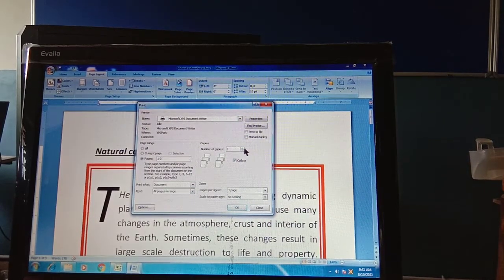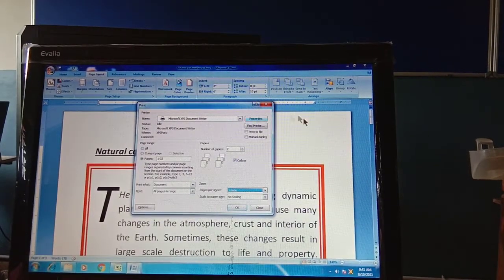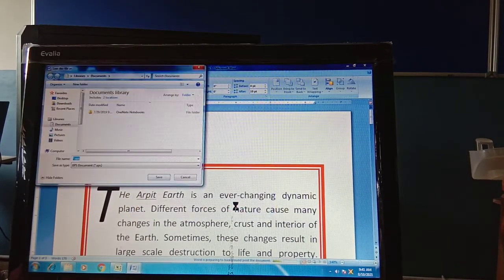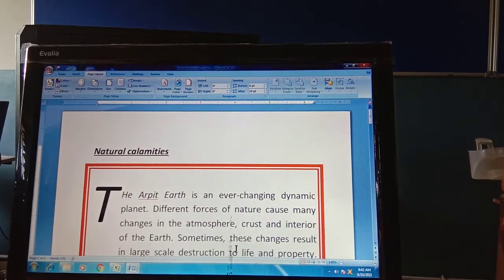And the number of copies is also here. Number of copies means if you want to print 2 copies of each page, you can have 2 copies of each page. So these are the main options available for printing a document, and then click on OK. Your page will go for the print and it will be printed. Right now it has no printer, that's why it's not showing like this. Okay, so this is all in this chapter. Your chapter is finished today.